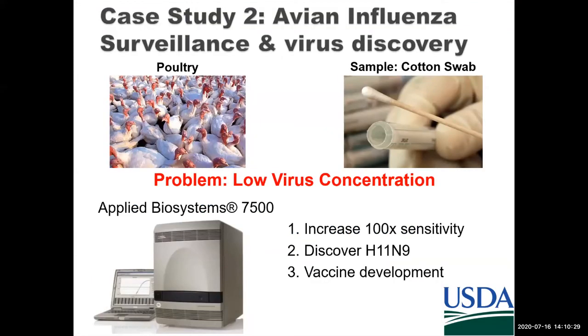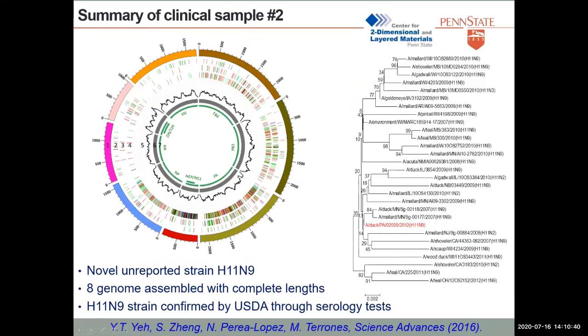So we have also done work, and this was published with the H11N9, and again, it was a 100% increase in sensitivity. And we did all these clinical tests and also checked the NGS, the next generation sequencing. So we could identify that what we were enriching, what we were trapping, was this type of virus.